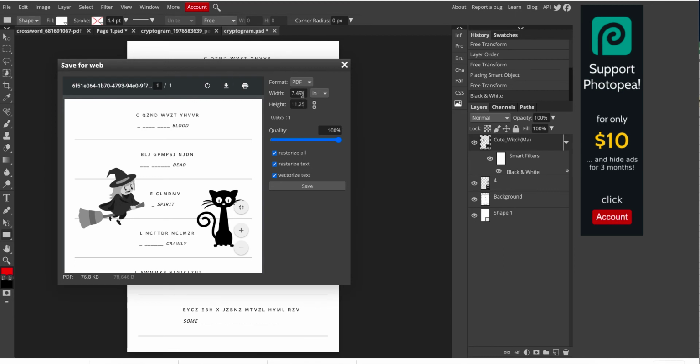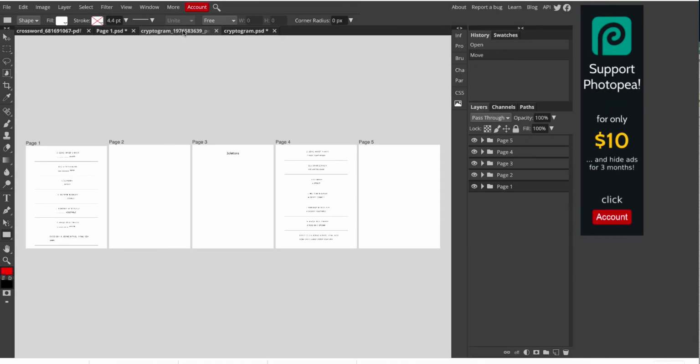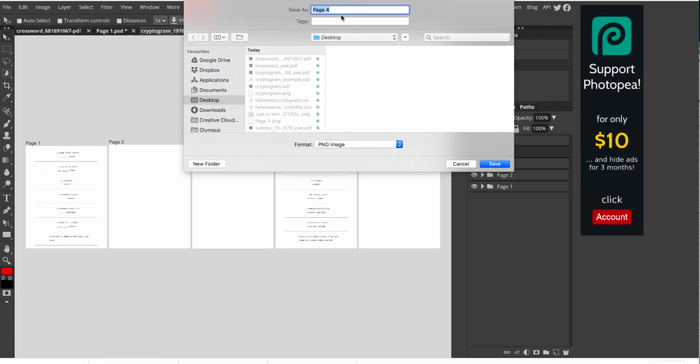And then here you need to make sure that that size again is 8.62, and make sure that all these are selected because otherwise it will retain the black and white. Go back to this, make sure my selection tool's on, and then make sure I'm on 4 and it's selected. You can see it's just moved slightly down. PNG again. This time I can do